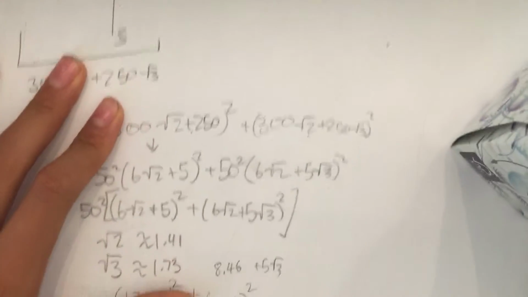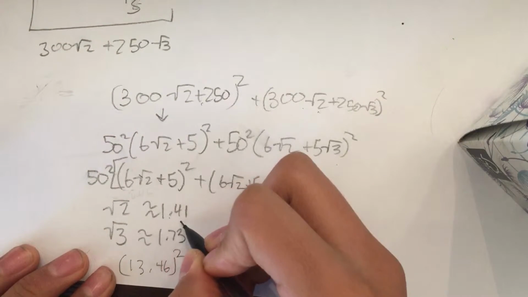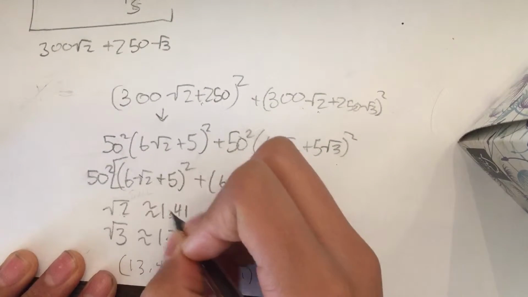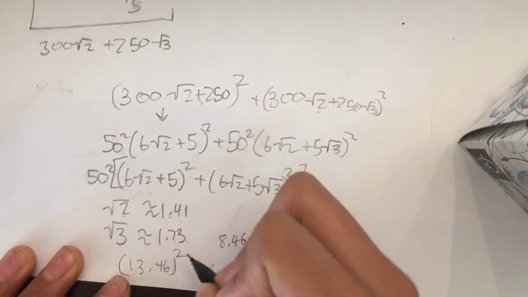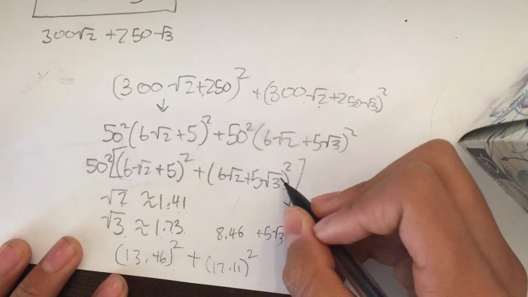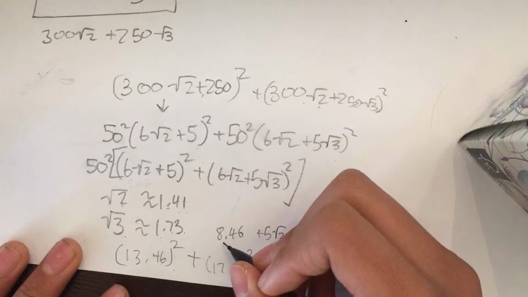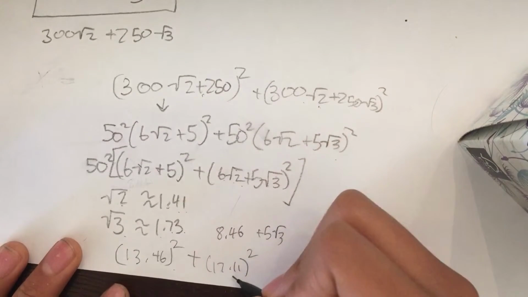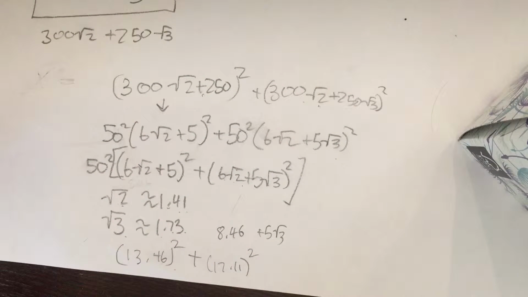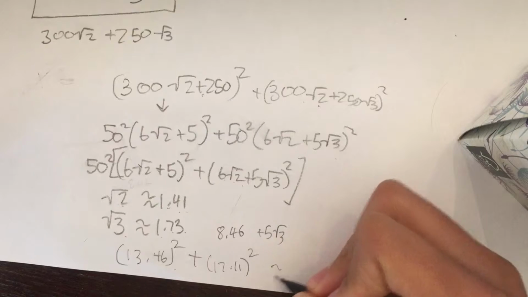And then I just know off the top of my head that root 2 is about equal to 1.41. Root 3 is about equal to 1.73. We insert the approximate value for root 2 into here, and we get 13.46. Same, and we know that root 3, we can put it in there. Solve for that. 5 root 3, add on to 8.46, which is 6 root 2, and we get 17.11. And we have that squared, which is simple. You can just do it paper and pencil, and you have that squared, add on to 13.46 squared, and you get about